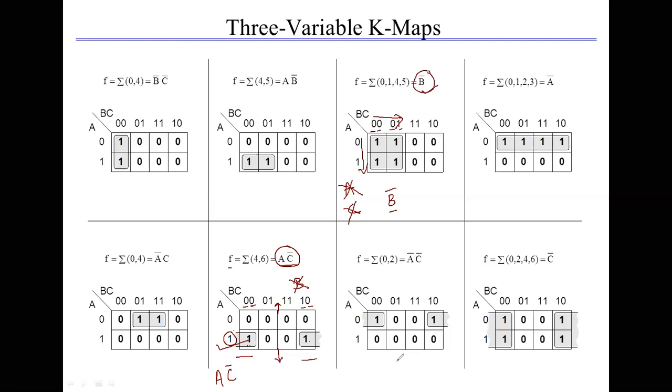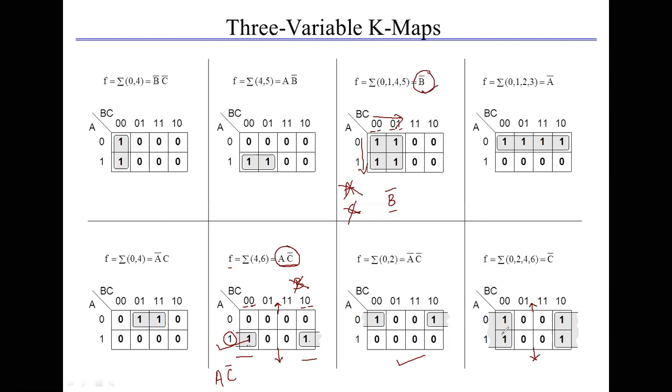Similarly, this example is shown. In the next example, the function contains the minterms 0, 2, 4 and 6, and the final output or reduced form is C bar. Let us see how it has come. Now again by rolling the K-map, you are going to get the quad. This is the adjacent ones. You can make pairs also, but it is better to form a quad because a quad will eliminate more variables.